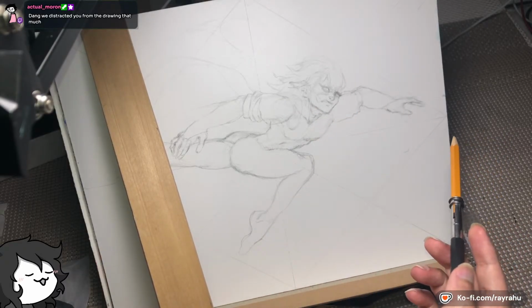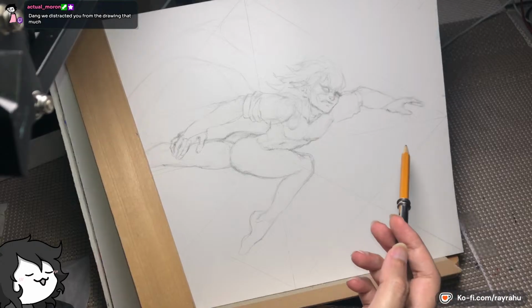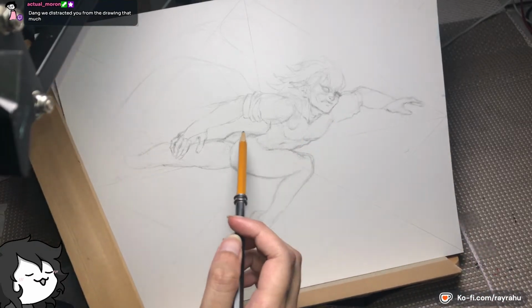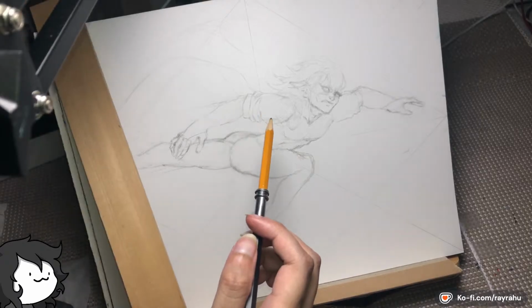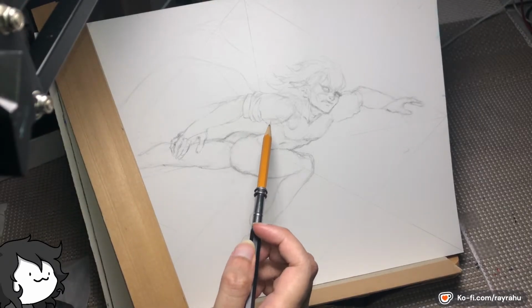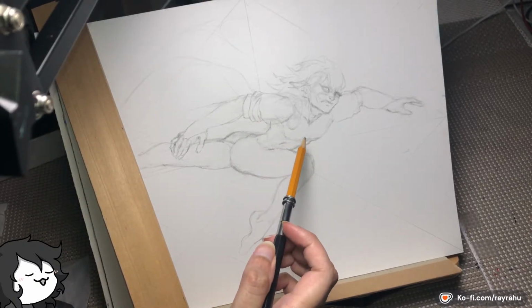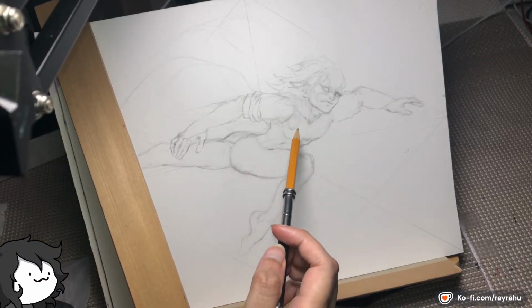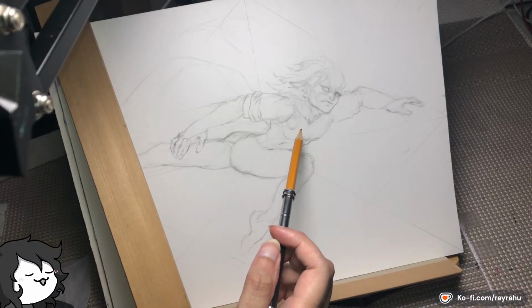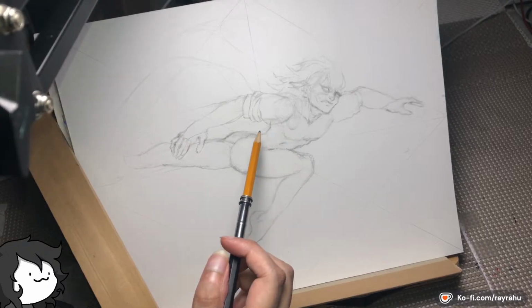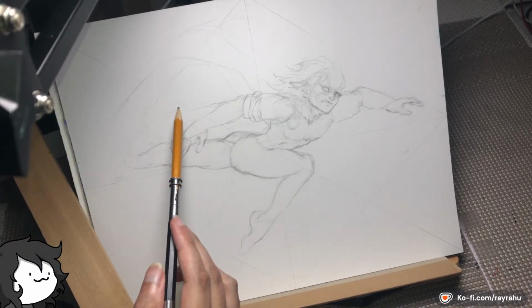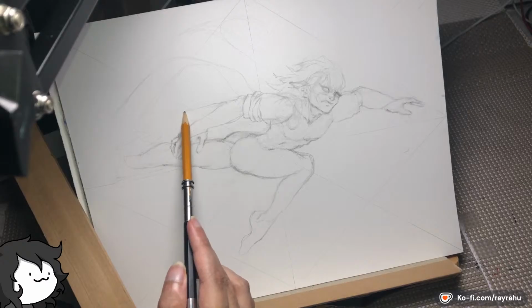Damn, we distracted you from the drawing that much. Oh, how long has it been? Oh crap, it's been pretty long. Doesn't matter. That's what stream is for. As long as I was supposed to start painting, of course, but whatever. As long as I get the sketch done, I think I'm gonna be okay. I don't really have a time limit, so I can work on this for a few streams.